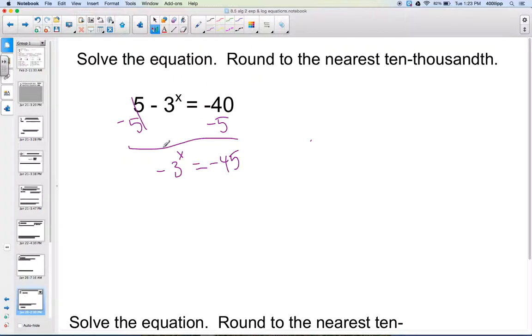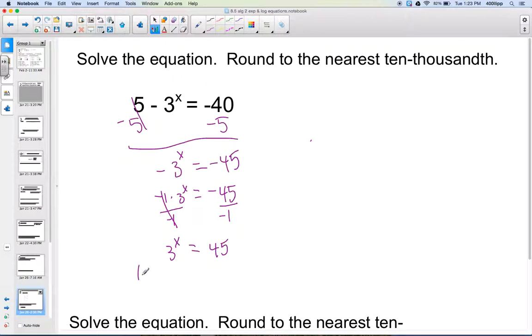And this negative in front is not in parentheses, so that means it's really a negative 1 times 3 to the x. So we still need to get rid of that negative 1, which we can do by dividing both sides by negative 1 and getting 3 to the x is equal to 45. So from the previous video and lesson, we have a couple of ways we can do this. We can either take the common log of both sides, log base 10, or we could take log base 3